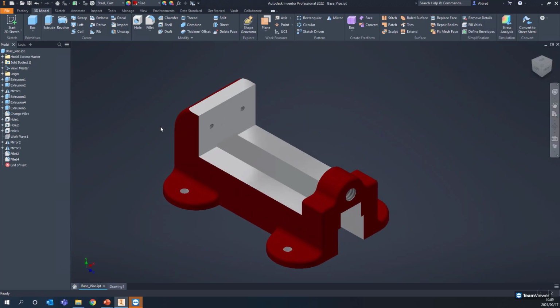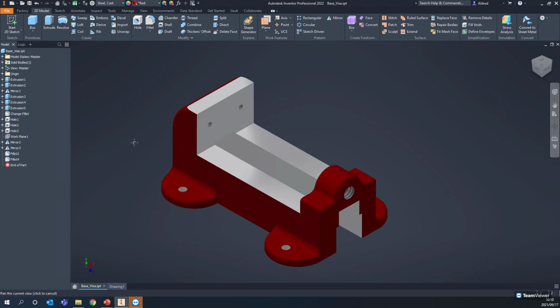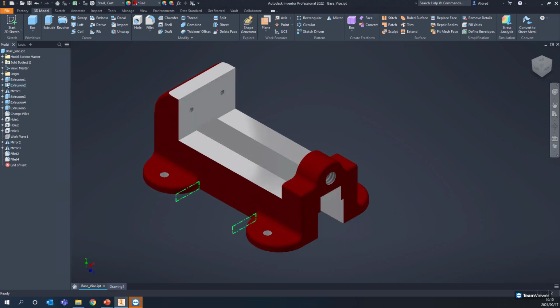Okay, so here we go. I've just got a part over here, and what I'm going to do is take this part and, just using parameters and iProperties, show how we can use iLogic with that as well. So as I said, when working in your part, the first thing you can do is start